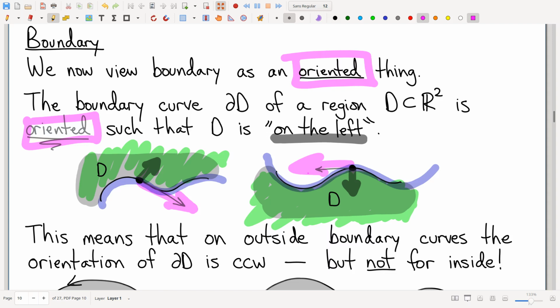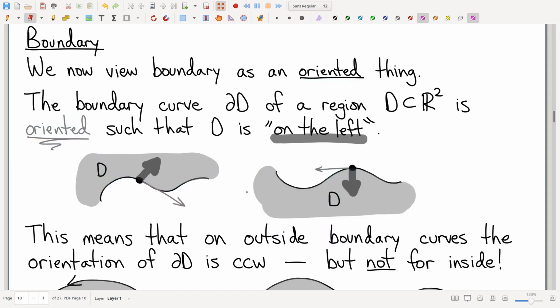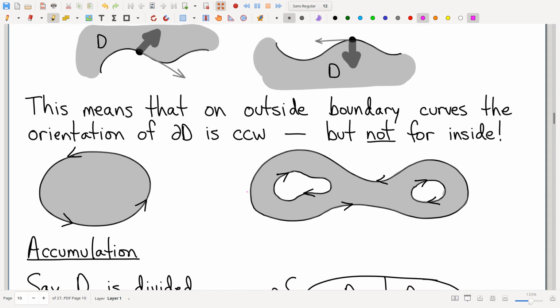Now, there is a partial truth that gets bandied about a lot. I think the following is overplayed, and that is that if you have a shape, for example, like this, a lot of people will